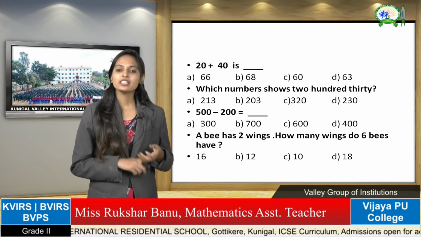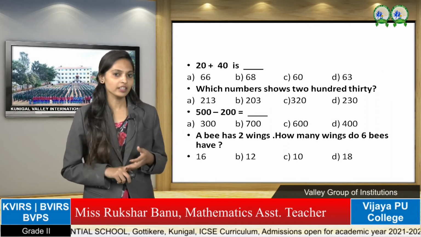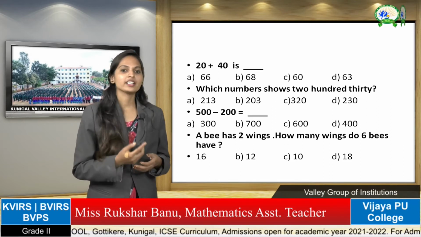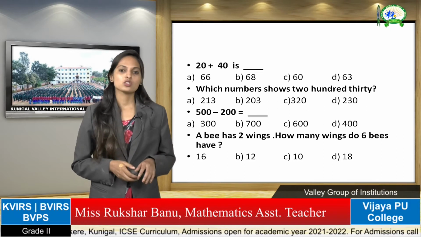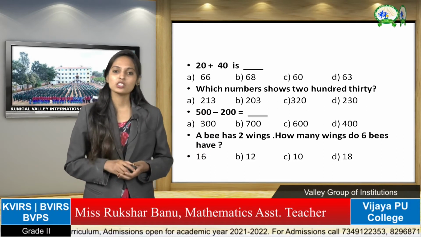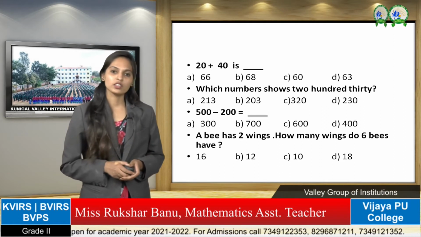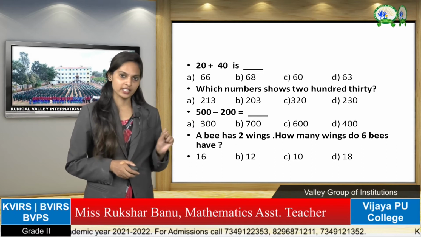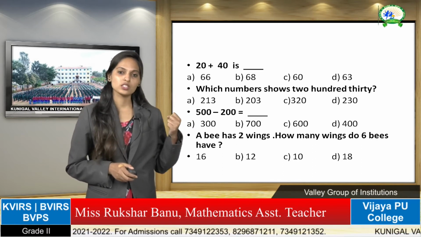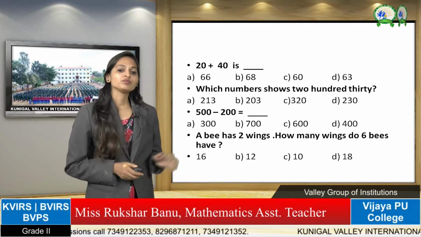If there is any tick mark in these questions, you can't do a tick mark; for that you have to write the answers. Like this, you can see this is the multiple choice question, and there will be 15 multiple choice questions. For those 15 you have to choose the correct answers.